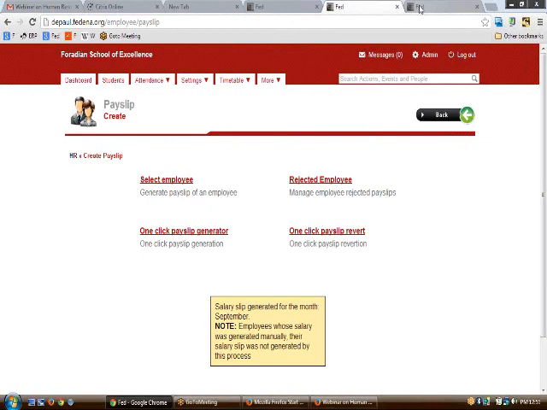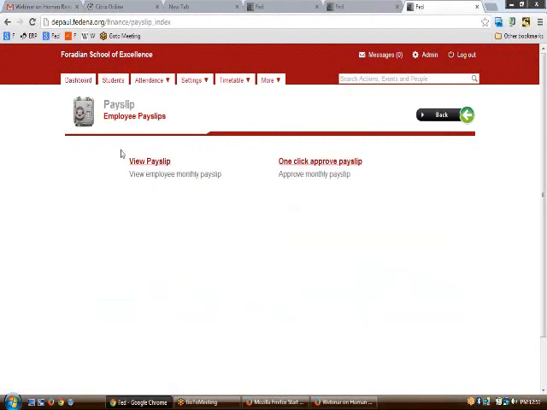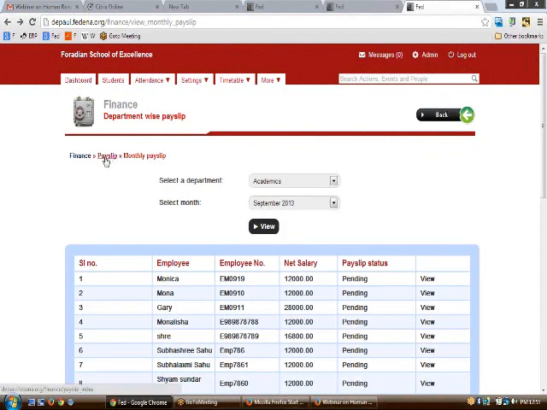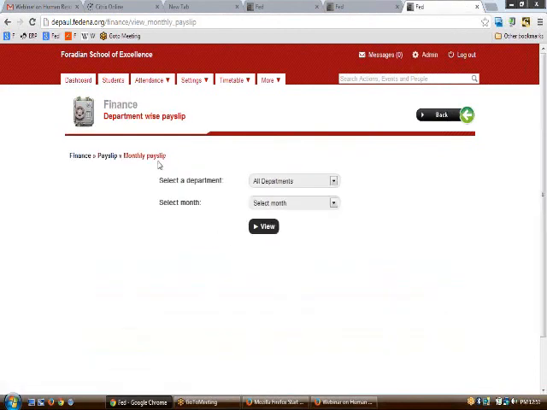Now the person who is in charge of HR has been relieved. So the person who is in charge of finance comes into play here. He can approve the payslip of all the employees here.